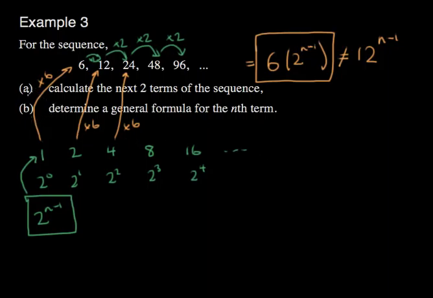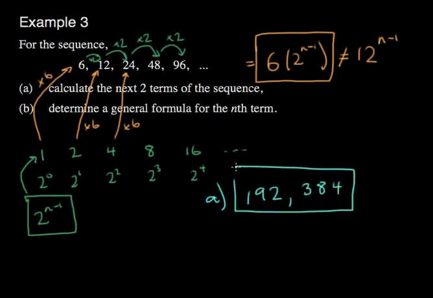But notice I haven't actually answered part A yet. Typical. What I should do is write out what that is. So for part A, the next two terms would be 96 times 2, and then the answer of that times 2. So 96 times 2 is 192, and then 192 times 2 is 384. And then, of course, I'd have to answer part B, which I have done here. So that is 6, 2 to the